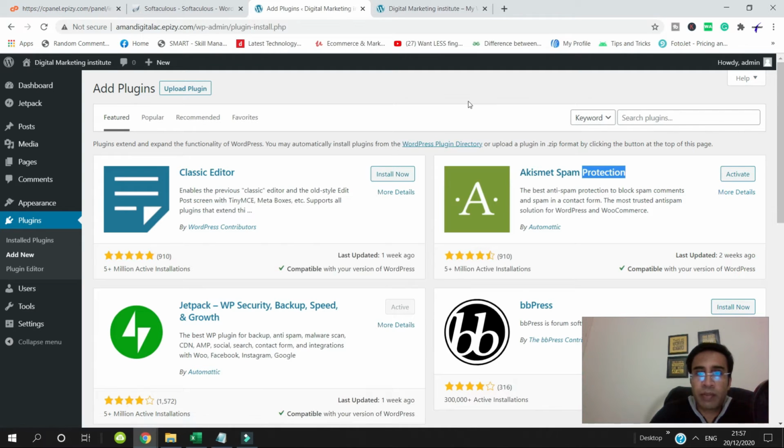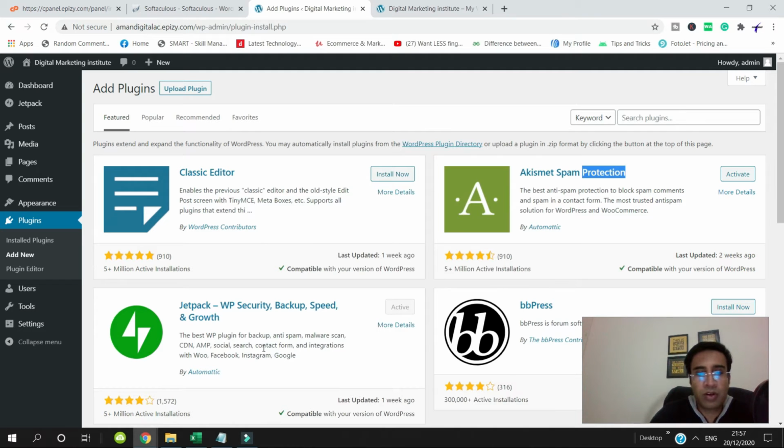Any kind of spam you get on your blog or your website, to protect your website and blog from spam, this is the anti-spam protection for your blog. Now another thing, what is Jetpack? Jetpack will help you in the growth of your website. I mean, it will help you block any spam, and it will do malware scans.